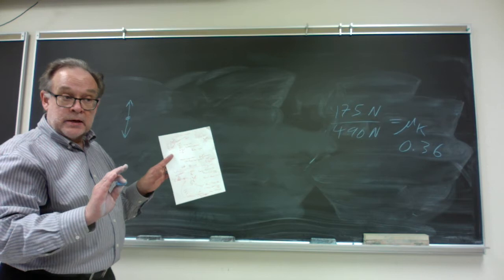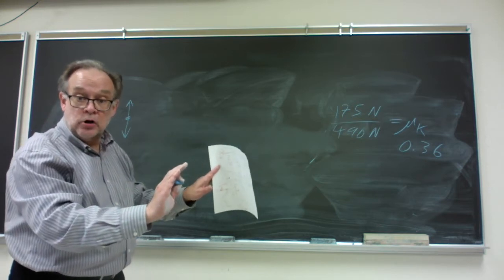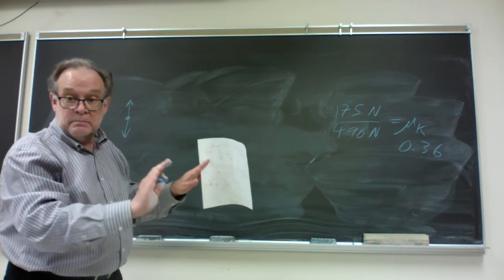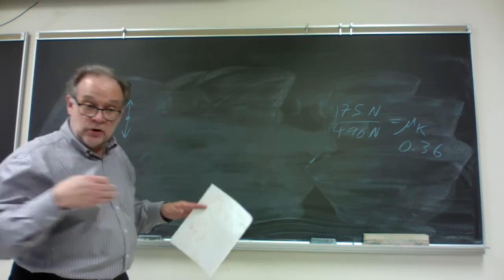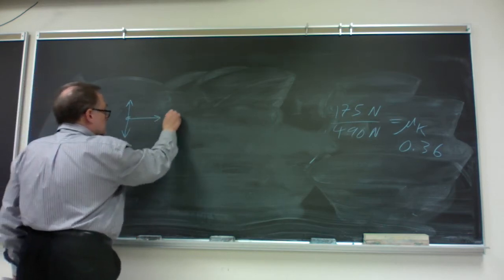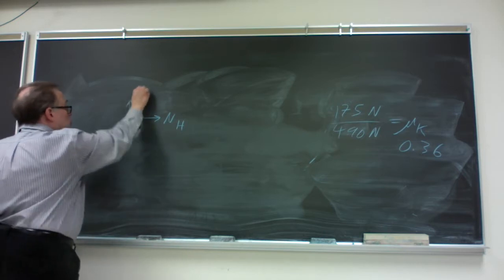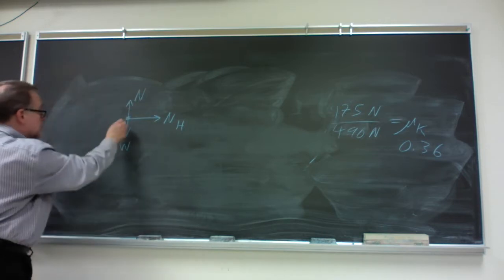So static friction will not be able to counteract my push any longer. It can't get big enough to counteract my push any longer, and then the crate starts accelerating. So the normal force from my hand and the weight and the normal force from the floor, they're still there, and